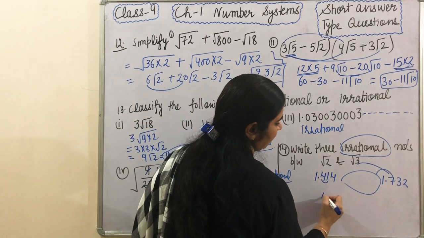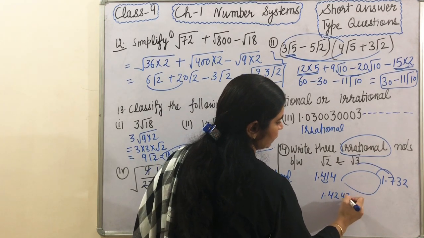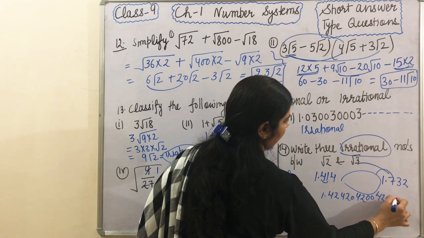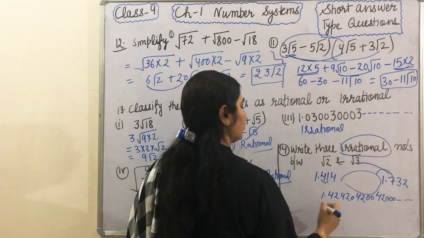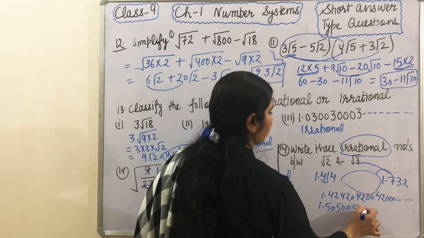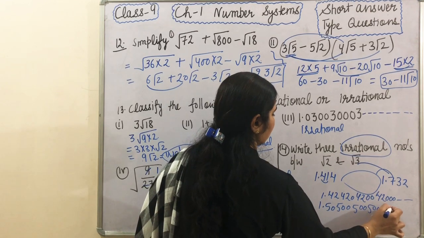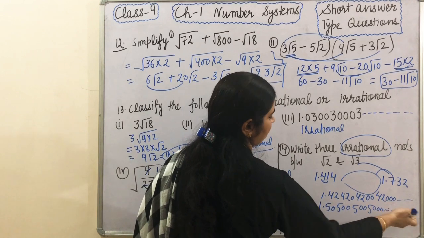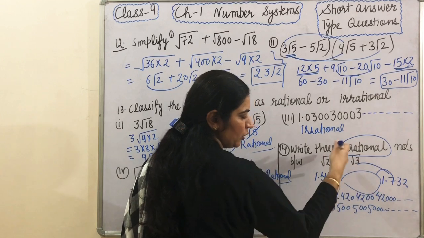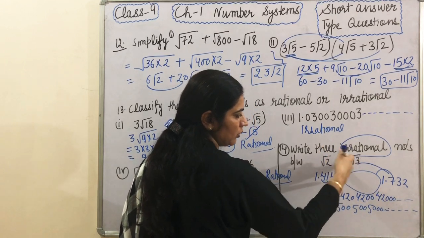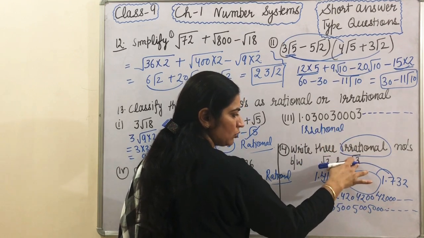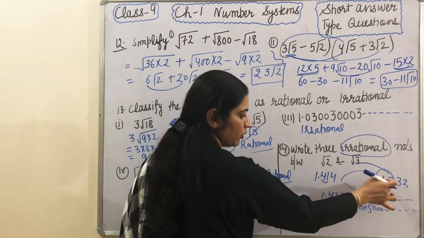Here I am writing 1.42, 1.420, 1.4200, 1.42000 and so on. Or one more number I can write, suppose 1.50, 1.500, 1.5000, with the dashes applied. Here I have written a number after this and before this number. You only have to find the value of these two numbers, and then check the number which is lying between these two numbers, after this value and before this value.